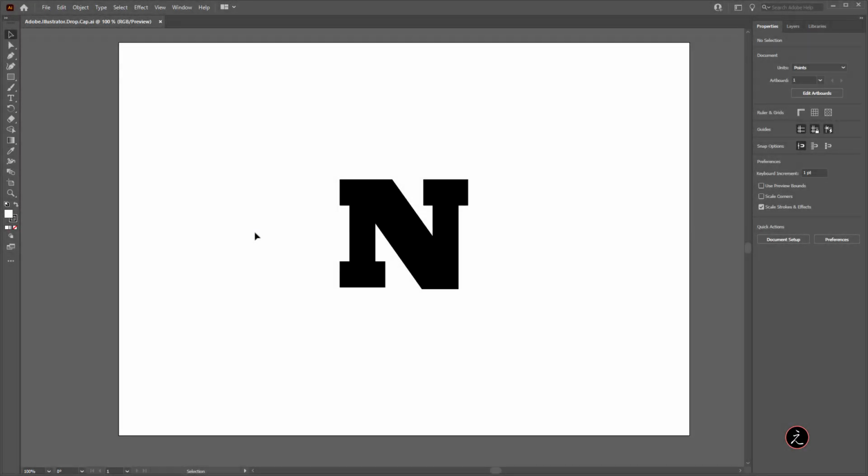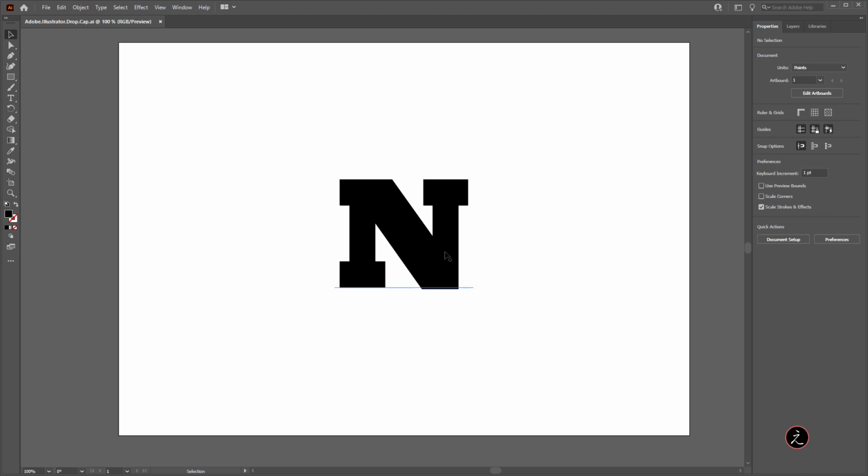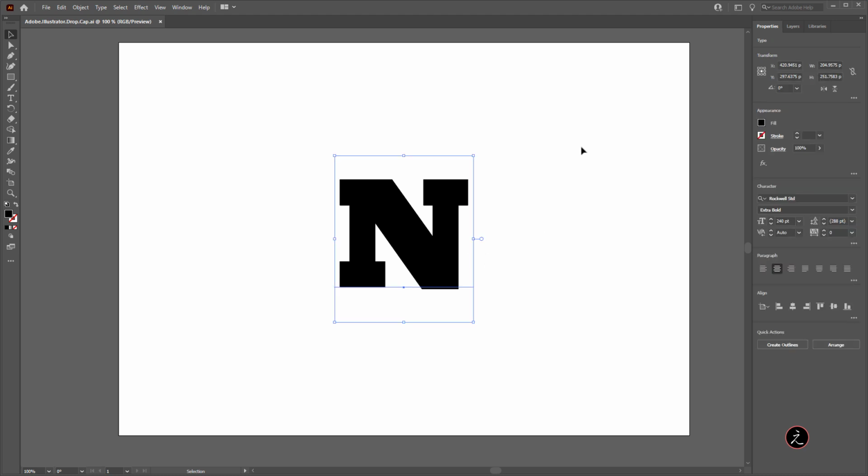So inside Adobe Illustrator, I just have a type layer with a bold style applied to it to make the effect more dramatic, since drop caps tend to be small in sizes. So look out for fonts with bold or extra bold styles. So the plan here is to split, to divide this type of object into several parts and assign different textures